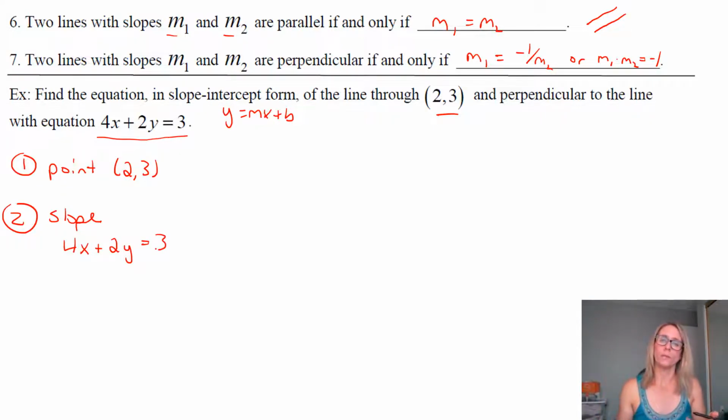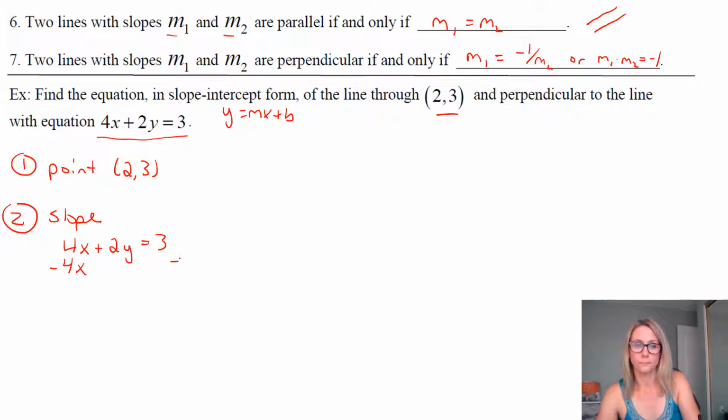When a line is in slope-intercept form, you can see the slope right away. But luckily, you can always take a line, even in this form, and write it in slope-intercept form. So the way to do that is to rewrite this by solving it for y. So if you want, you can pause, take a moment, and solve it for y. All right, so I'm doing that now. So it looks like